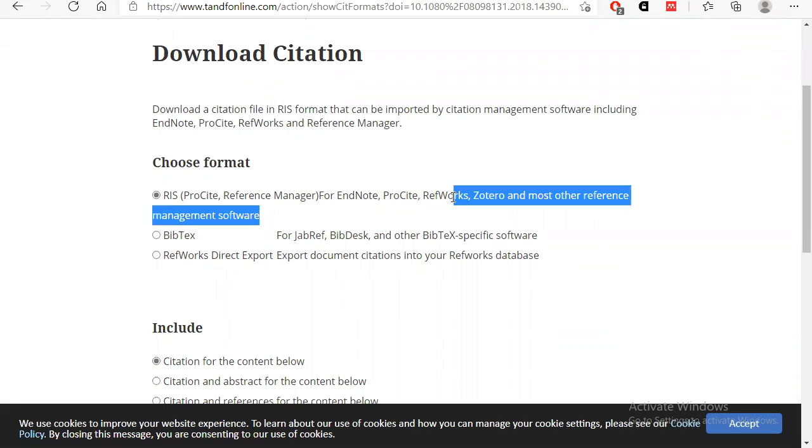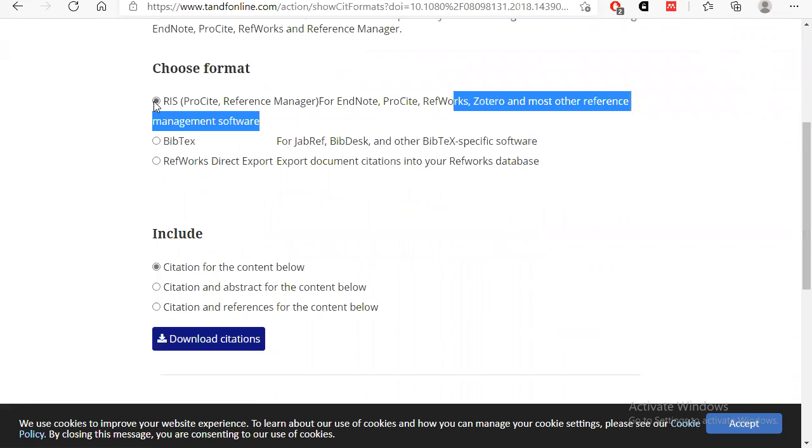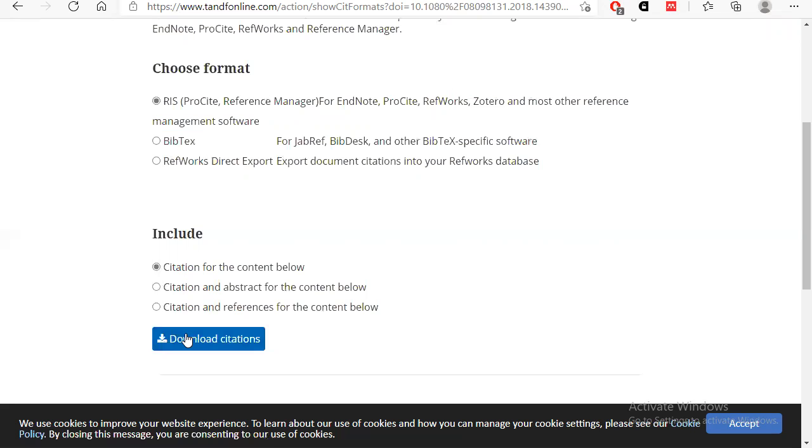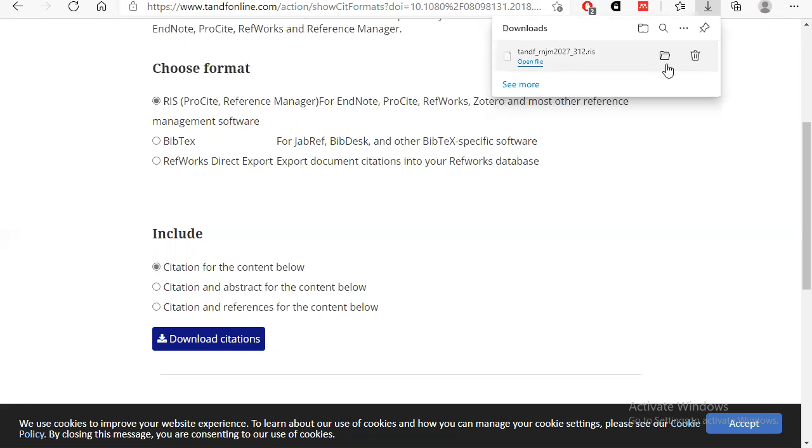So this is where Mendeley falls. Otherwise, you can have RefWorks and Zotero. These are also like cousins to Mendeley. So if I choose the RIS, which is like the default format, and I download the citation, it's going to give me a file, Taylor and Francis. So this file, let me show it in the folder,